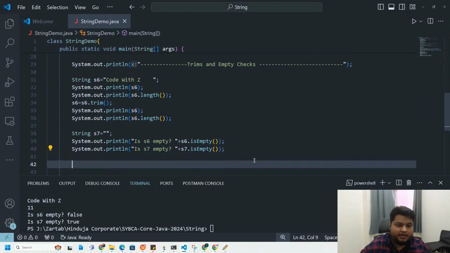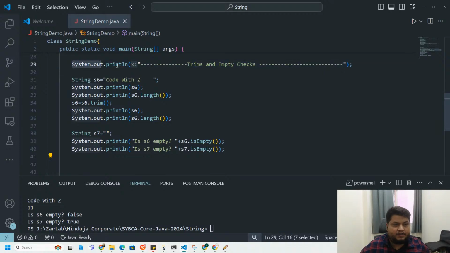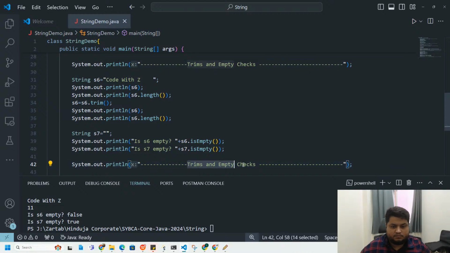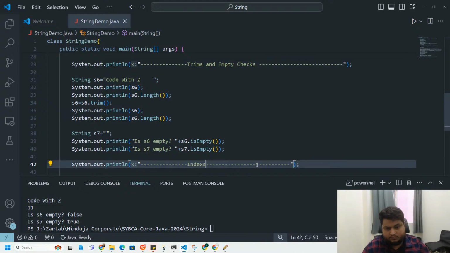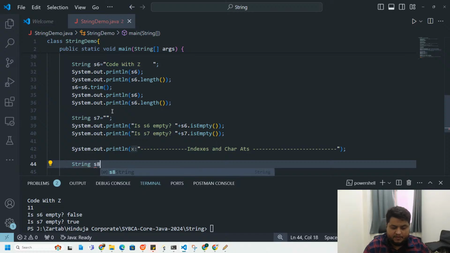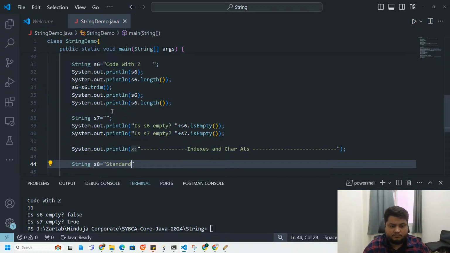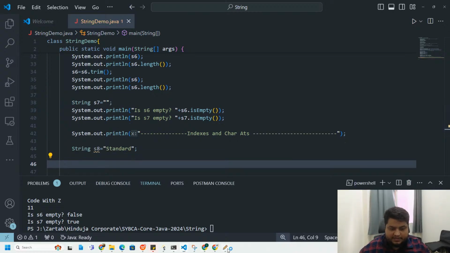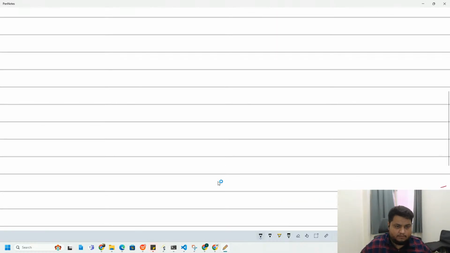So moving ahead, I go for indexing and charAt. We need to check how indexes work. Here I take a simple word, let's say string s8 is equal to "standard." Now I want to find out what is the character at index 2. First we need to understand how this indexing works. If I have my word standard,